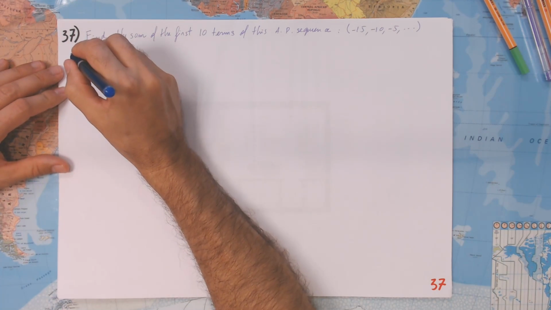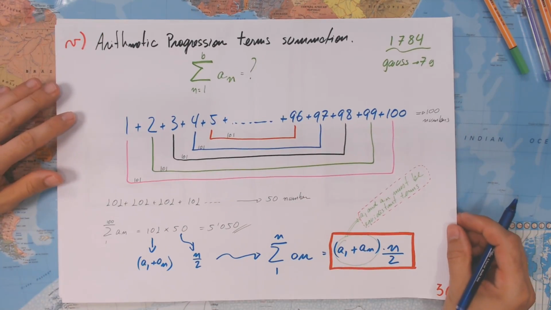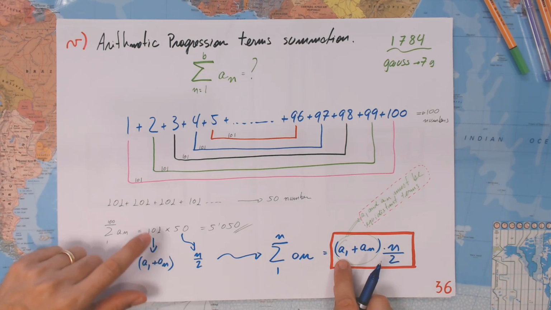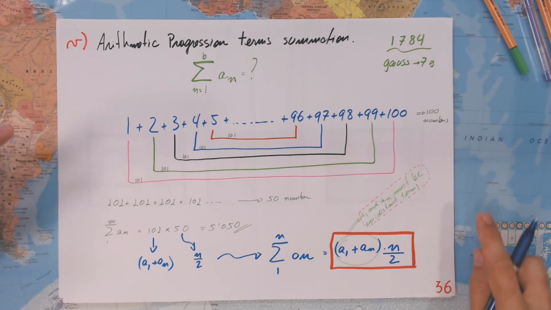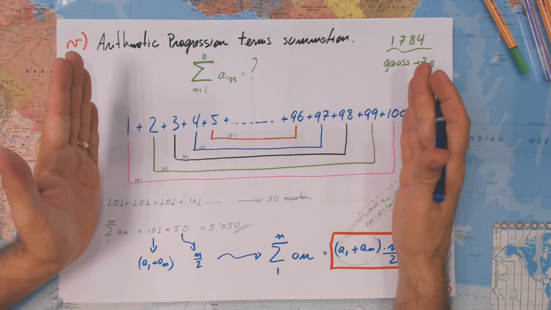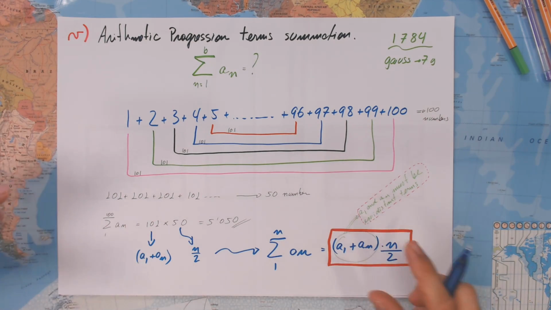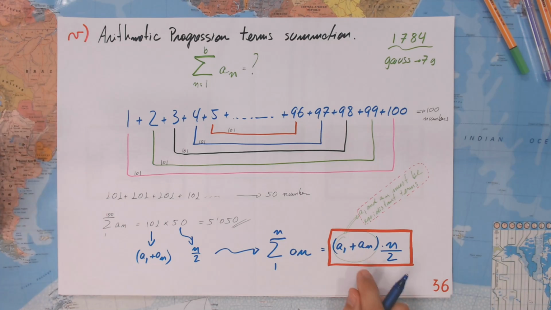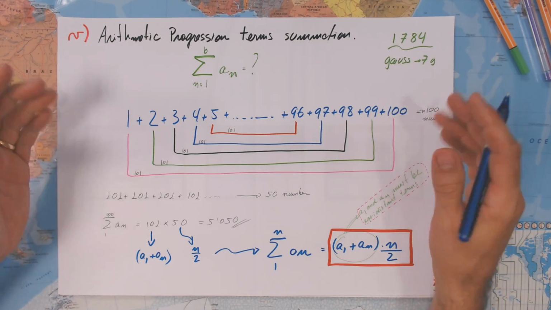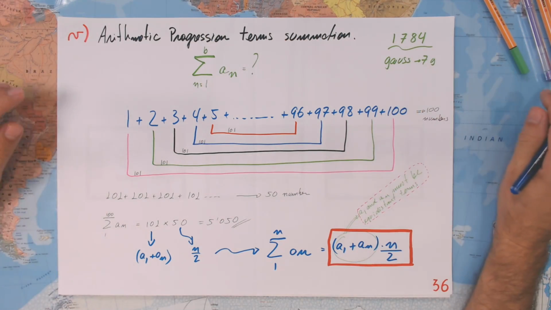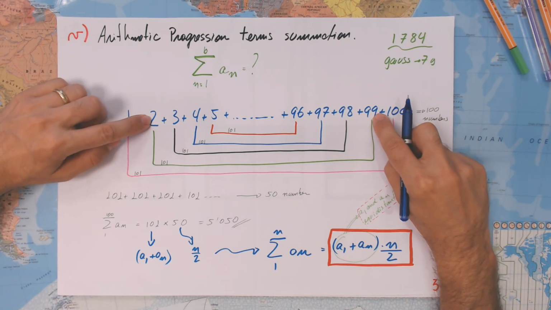Well, we just have seen, from the last property, that we can just add a1 with an, multiply by half of the terms involved in the summation, and we're going to get the summation of all the terms we are interested in. Let's also remember that a1 and an are always going to be equidistant. If you are adding, let's suppose like here we are adding 1 with 101, again 101, 101, and